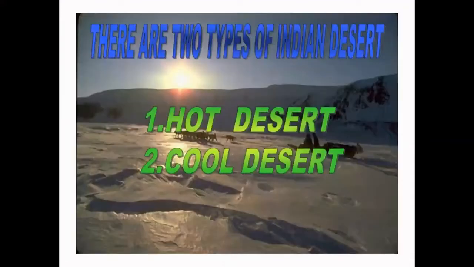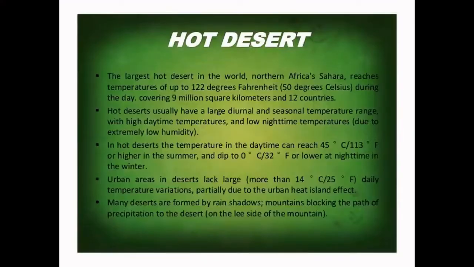There are two types of deserts: hot deserts and cool deserts. The largest hot desert in the world is the Sahara Desert. It reaches temperatures of 122 degrees Fahrenheit during the day, and it covers around 9 million square kilometers across